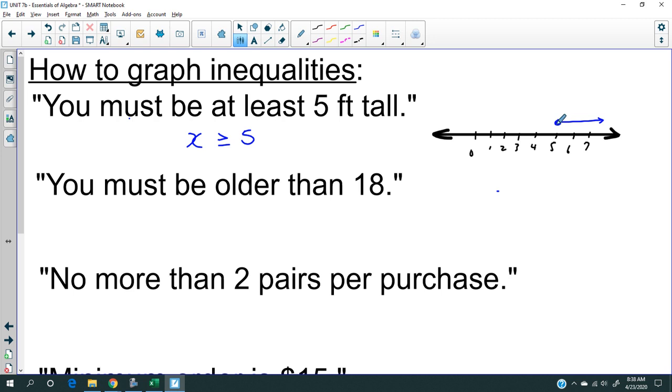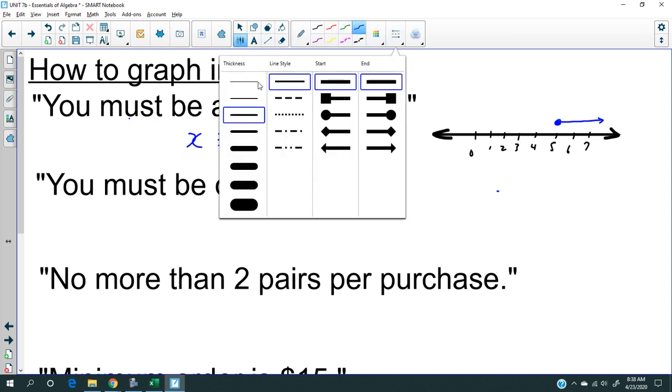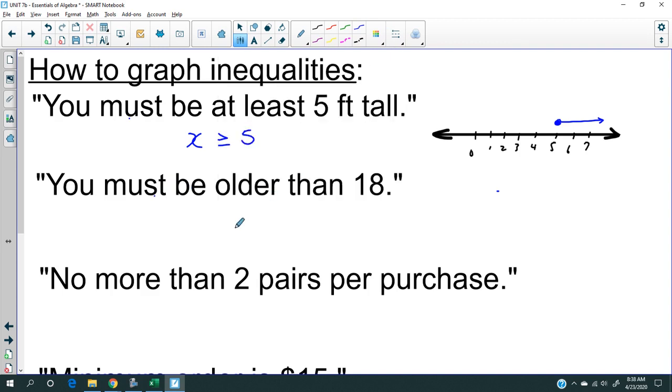This circle should be closed. Okay, I'm gonna give you, let's do one more of these, and then I'll show you what the analogy would be. Okay, so looking at this next one, you must be older than 18, right? You have to be more than 18. So if we were to graph this,